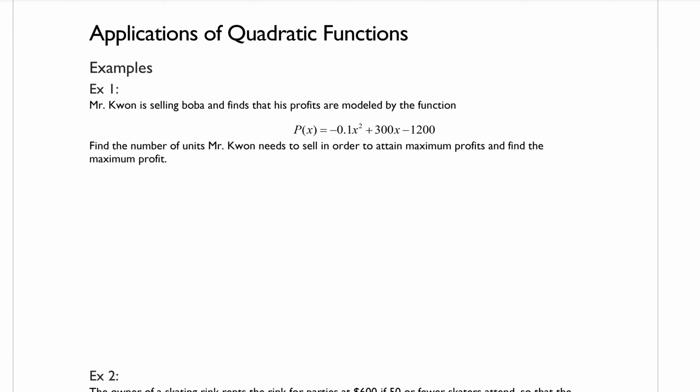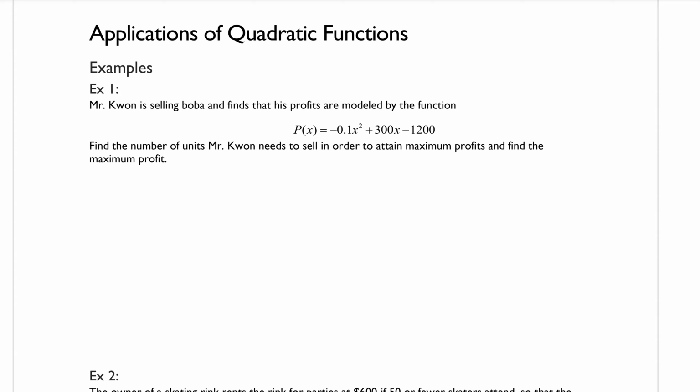Today we're going to talk about applications of quadratic functions. Our first example says that Mr. Kwan is selling boba and finds that his profits are modeled by the function p of x equals negative 0.1x squared plus 300x minus 1200. Find the number of units Mr. Kwan needs to sell in order to attain the maximum profits and find